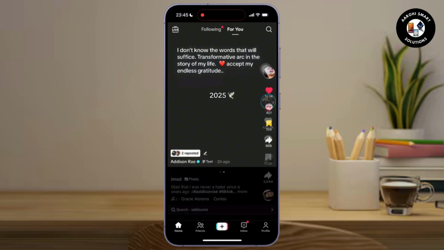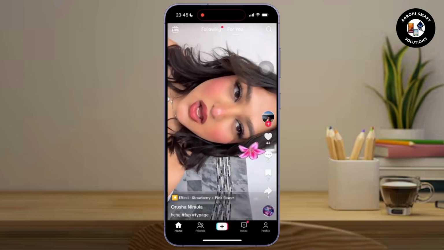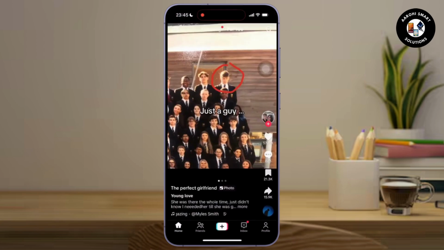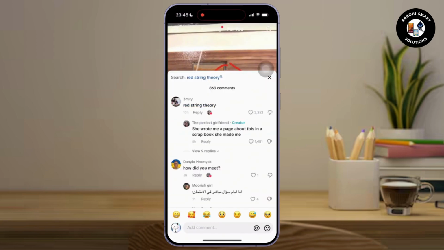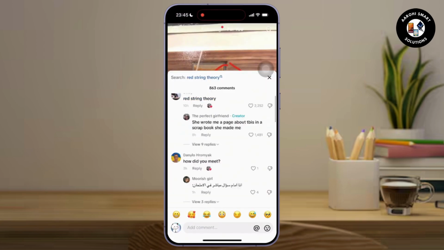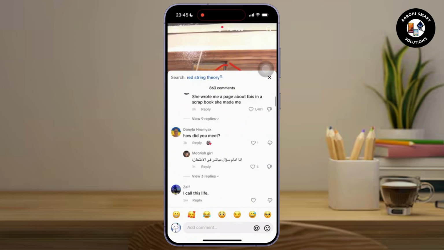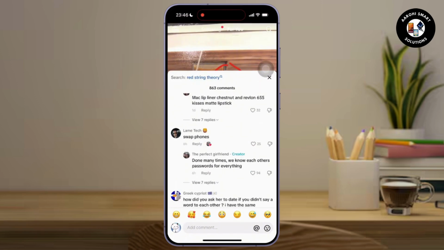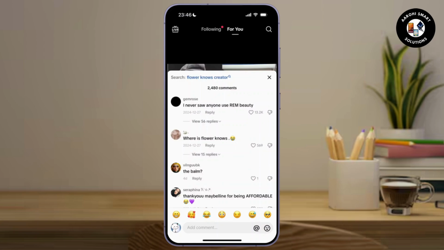To increase the likelihood of your comments turning blue, consider some steps like this. Now find the video you want to comment on, then incorporate trending phrases or hashtags relevant to the video's content in your comment. Comment on videos that are currently popular or part of trending challenges, as these are more likely to